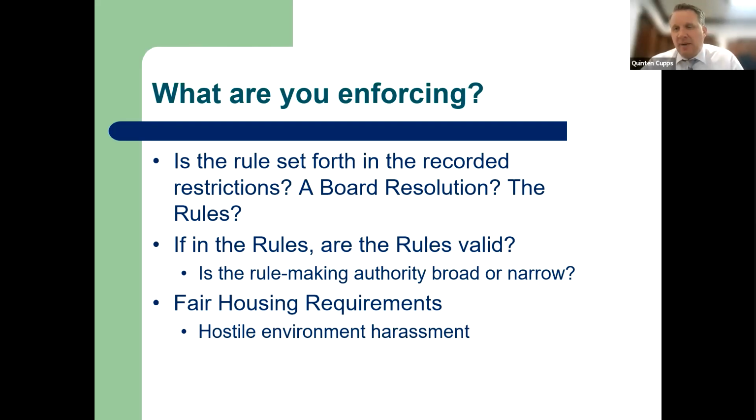Now, the law doesn't say we have to stop the activity. We just have to make an effort to do that. So we sent them a cease and desist letter. This has to stop, and it did. But you have to document that. You have to show that you've made an effort to try to get this behavior to stop. That will protect the community. So just be aware that most of the time owner-to-owner disputes are left to the owners. But if there's some harassment going on that involves someone that's in a protected class, the association is now going to be obligated to do something to try to address what's going on.